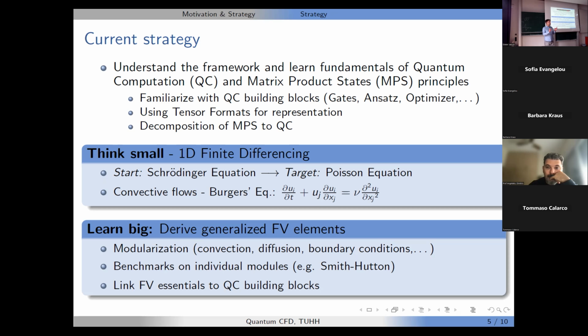How does this polynomial interpolation method look like, what Mr. Rung introduced in the beginning? Are there maybe some similarities between the gate structure or the MPS structure, which we can then adapt to the circuits? And maybe is there a schemata or a building recipe where we can then link the finite volume essentials to the quantum computing essentials?